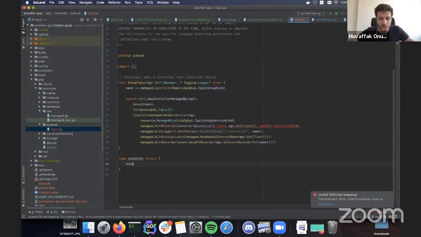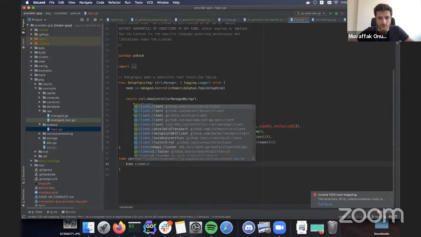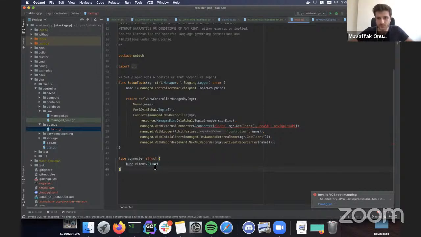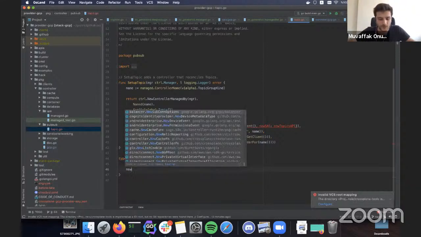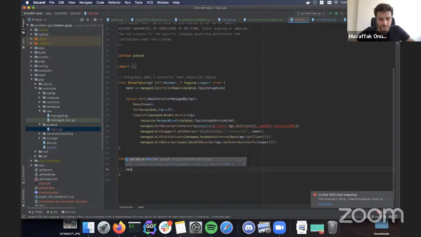This is the interface for the controller runtime client, which will be used for get, update, delete for interacting with the Kubernetes API. This isn't the GCP API, but the Kubernetes API. And we will need a new PS client, let's say, or PubSub client.